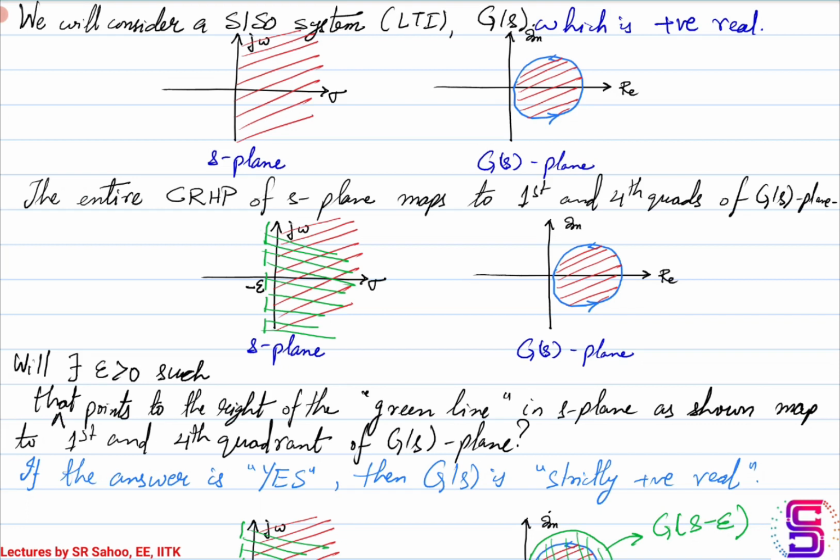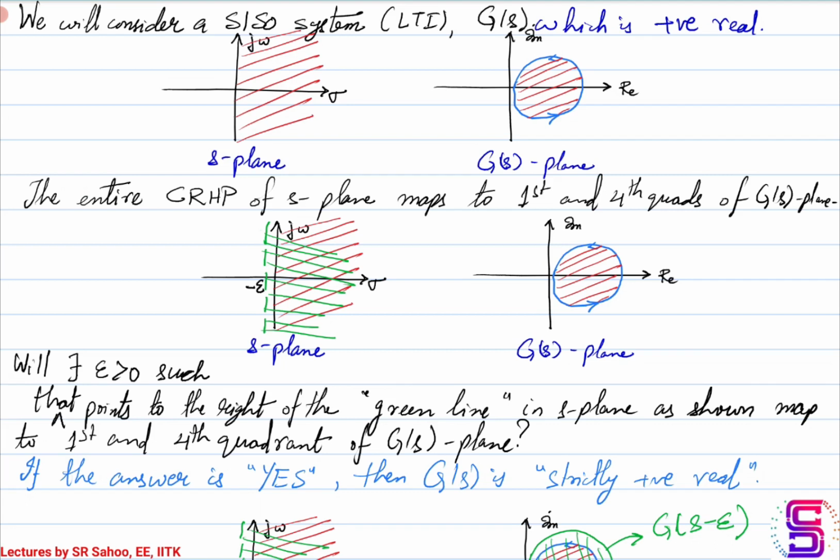Okay, so today we'll be talking of a concept that will enable us to establish asymptotic stability for LTI systems, in addition to their being positive real. Suppose you have a single input, single output LTI system represented by the transfer function G(s), and let this G(s) be a positive real transfer function. So the system is positive real.